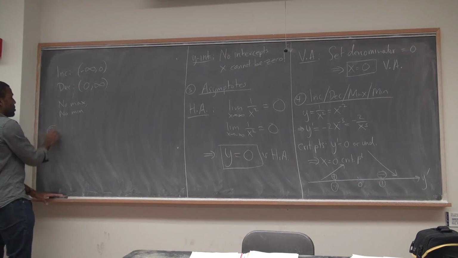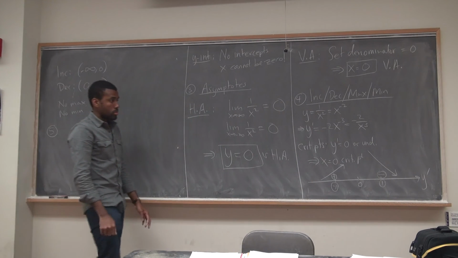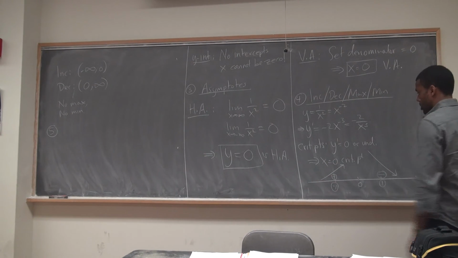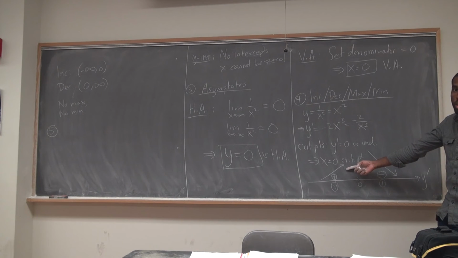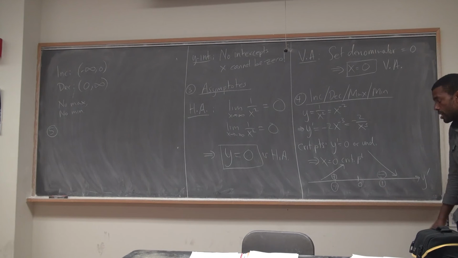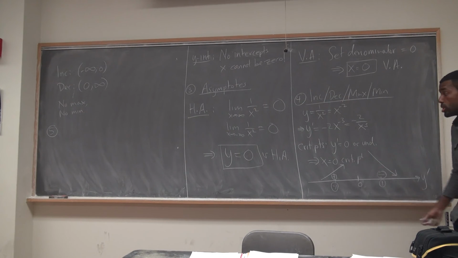Brings me to the fifth step. Wait, question. Yes? Why is it that you drew that little graph at the bottom for step 4? So I know that you have to find the first derivative, right? And then I tested on a number line. I want to figure out when the derivative is positive or negative, because that's how I know increasing is when f prime is greater than 0, and decreasing is where f prime is less than 0. I know the points where it is 0 or undefined, so to figure out where it's positive or negative, it has to be between them.